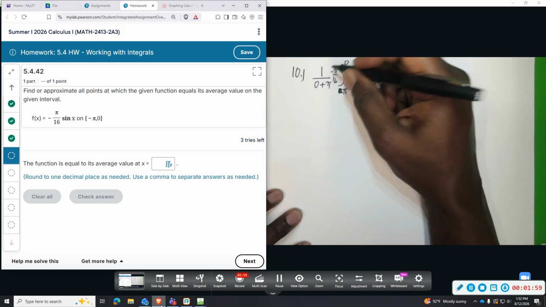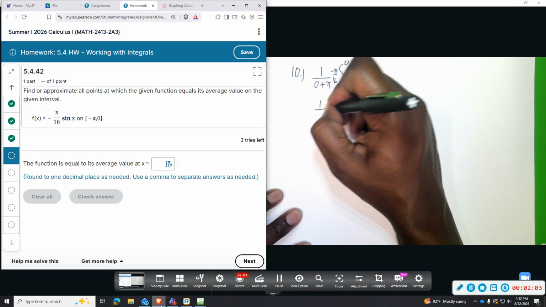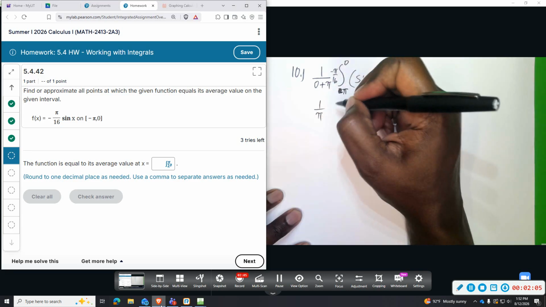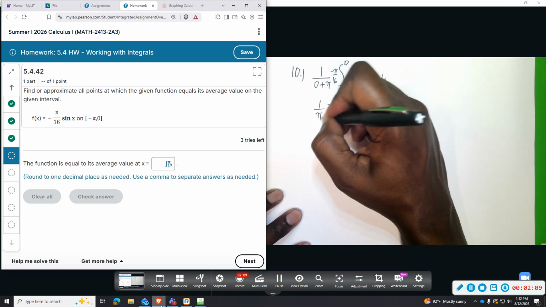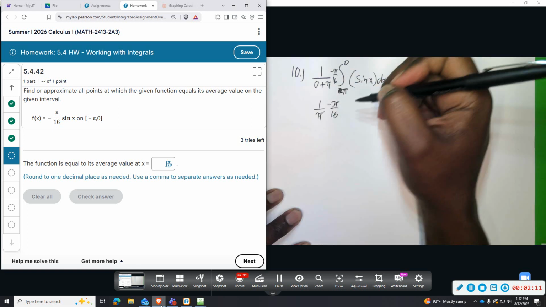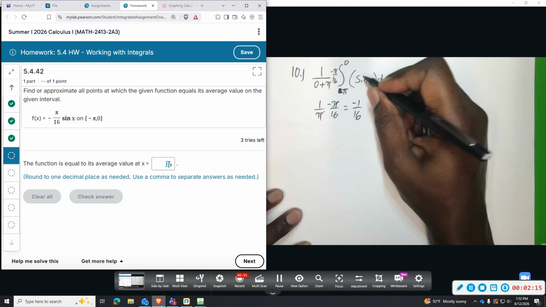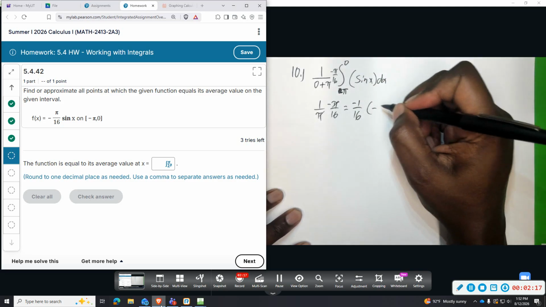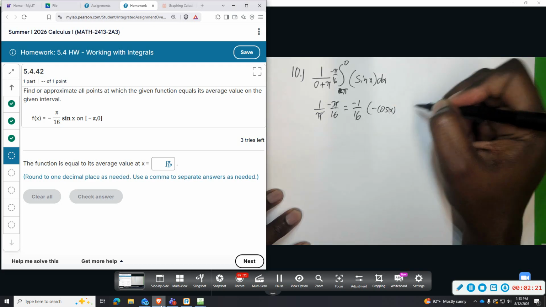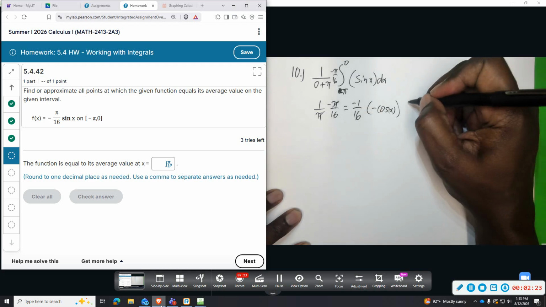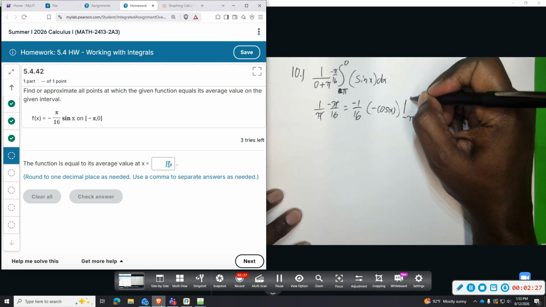So we are going to end up with 1 over positive pi, and then negative pi over 16. The pi's will cancel, giving me negative 1 over 16. And then the integral is negative cosine of x, and also you can use the trig cheat sheet to verify. And we are evaluating this from negative pi to